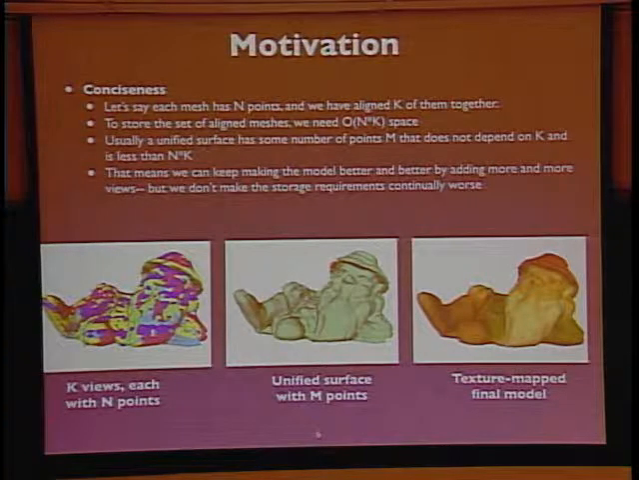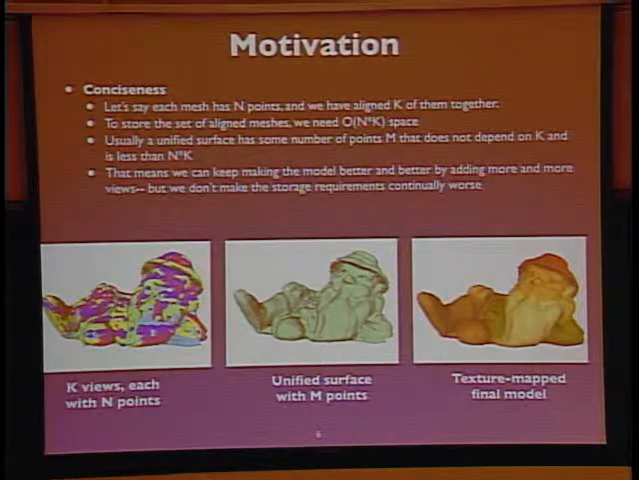So let's say that each one of our points of view of our object from which we collect a scan gives us a scan that has n surface points on it. And there's k of them, and we've aligned all those together. So to store the entire set of aligned meshes together as our representation of the object, we need something like n times k bytes, or some multiple of n times k bytes. Some fixed number of bytes, say 6 or 9, for every